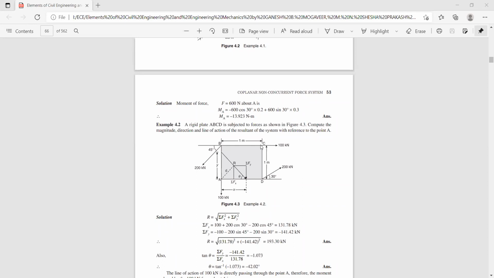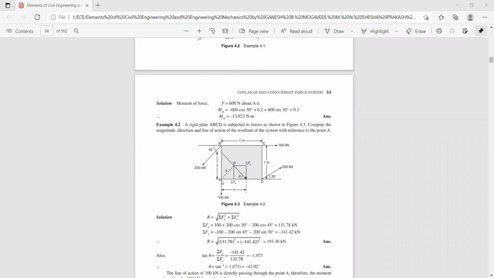Now next we shall consider this force. If you project it back, this force is acting like this, correct? The line of action of the force is acting like this. That means the force is acting at this point, the magnitude is 100, and the perpendicular distance from the line of action of this force with respect to this point is also 1 meter. And it creates a clockwise movement because the direction of the force is like this.